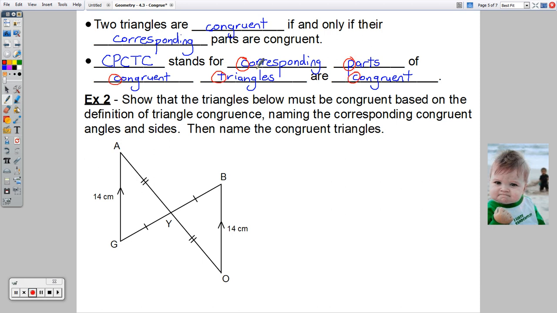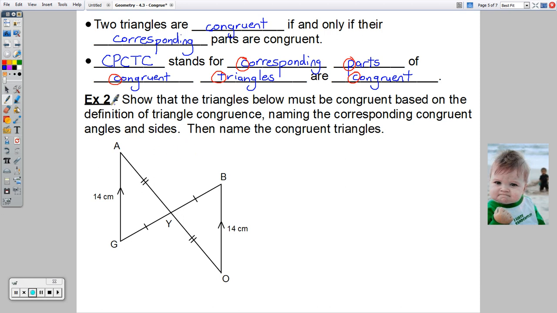I've also heard it called CPOCTAC, so I'd be fine with that if you wanted to call it that, including the O and the A. But CPCTC, that's what our book will have. That's what most books will say if they're going to abbreviate that. So this is an important justification or reason for a lot of things that we'll be talking about as we